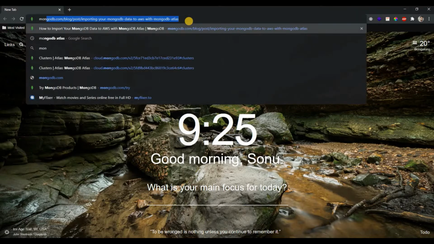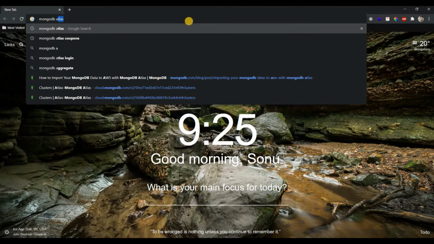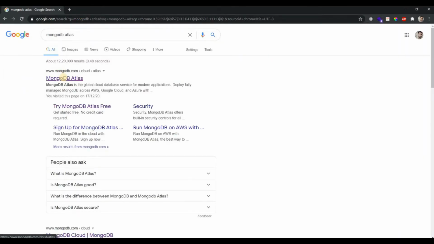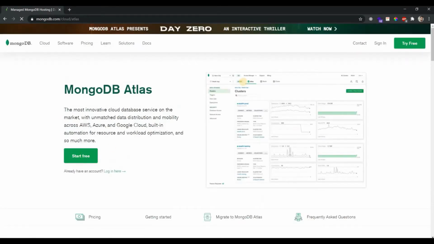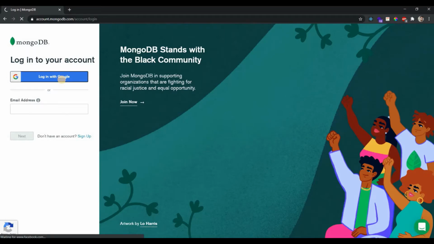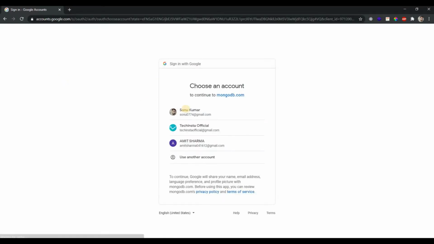So before getting started, let's go ahead and log into our MongoDB Atlas. So over here in our MongoDB Atlas, let's sign in. So why we are doing it, I'll tell you in a while. But let's just go ahead and do this.